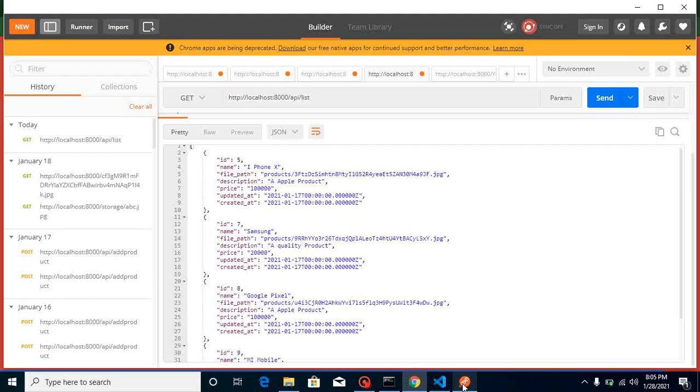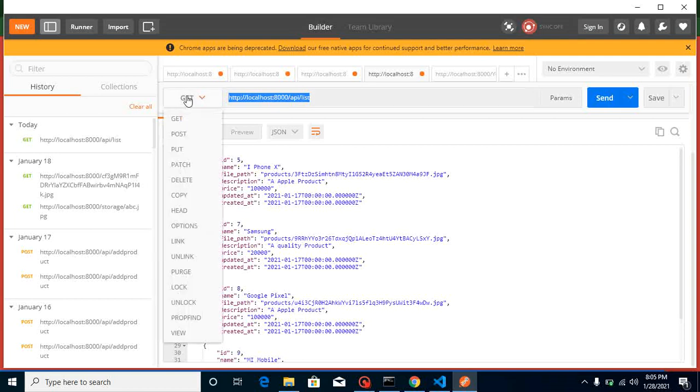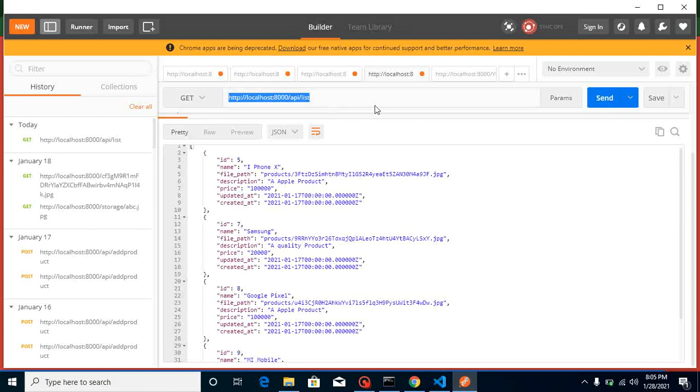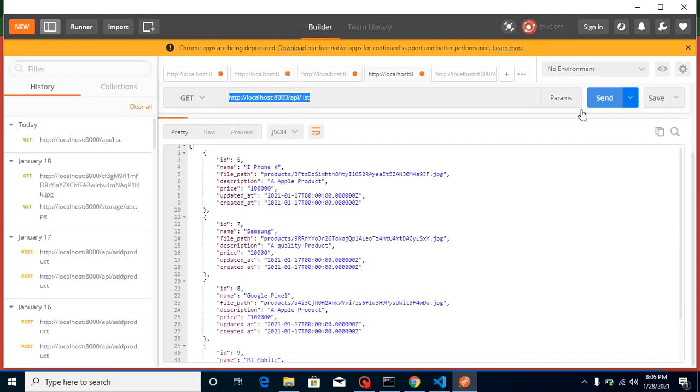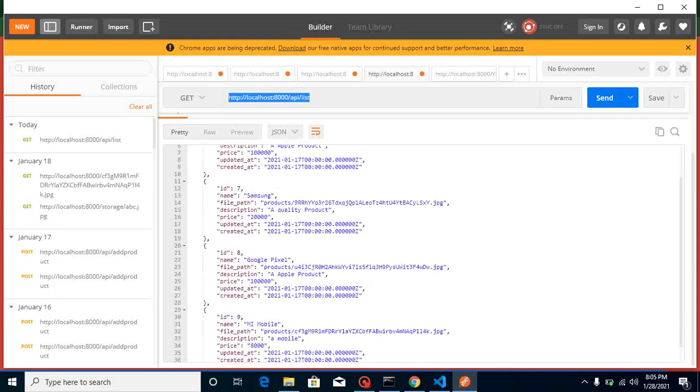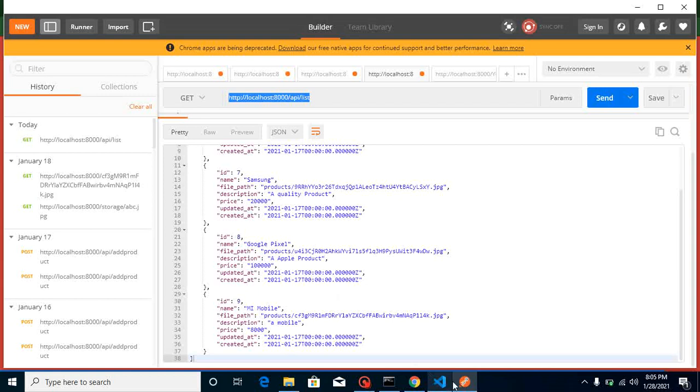This is our API URL. This API I created in the last video. The link is given in the description box, and this API is also created in Laravel, as we are creating the other APIs also in Laravel, right? It is a get method for this API, and this is the API URL, and you can just send a request with Postman, and here you can see that we have 4 results inside this API.